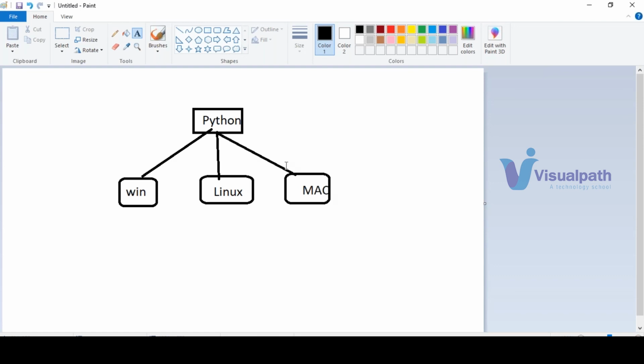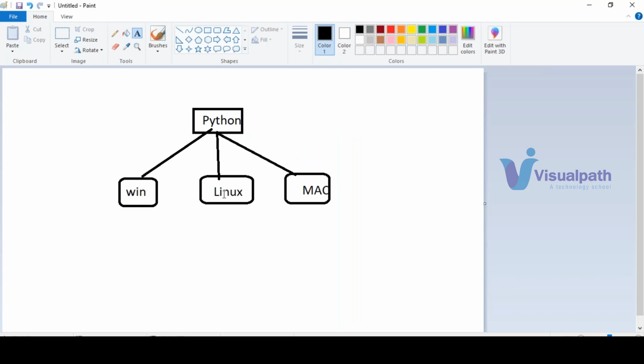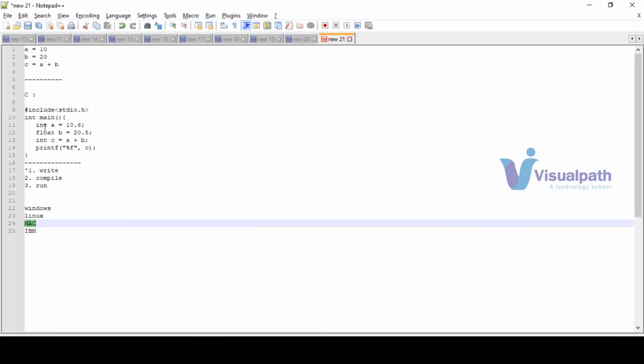But say, for example, you are taking the C programming language. C is not platform independent, it is platform dependent. If you write a C program for Windows, it will run on Windows only. If you try to run that program on Linux, it may not run. If it is running also, it may not give the expected result. A simple example is the size of an integer: in Windows it is 2 bytes, and in Linux it is 4 bytes.